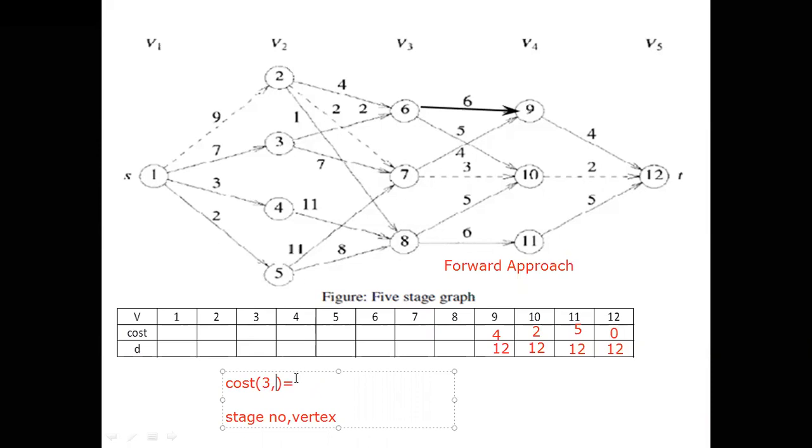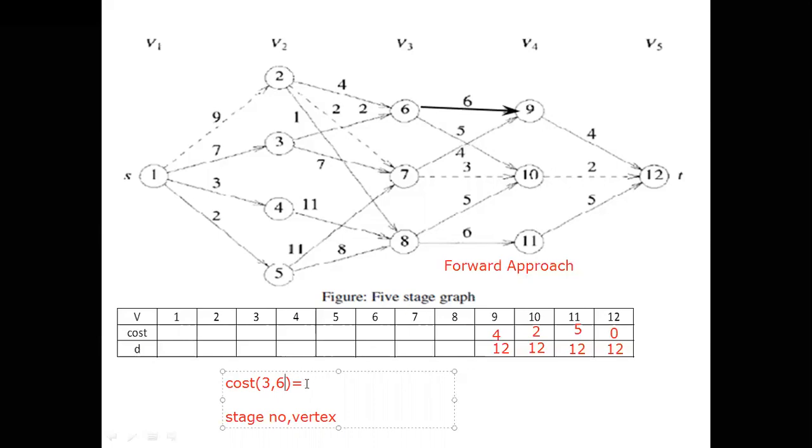It is 6. Now from here onwards it gets a little confusing. Why? Because you see here for 9, only one edge is going to the destination. Here from 6, one edge is going to 9, one edge is going to 10. There are two values coming, or two edges. We have to find out which is the shortest one. That is why we have to see which one is better, right? That means two paths are going to come. One is to 9, one is to 10.